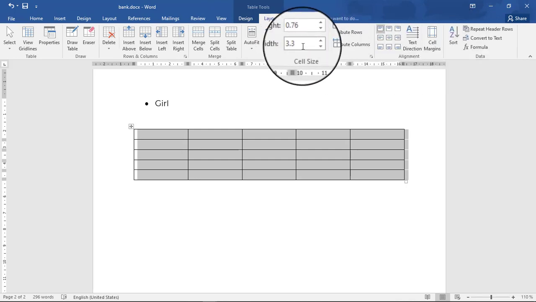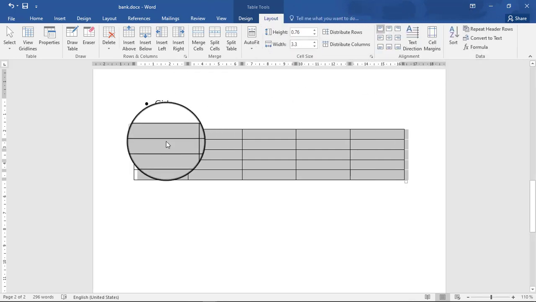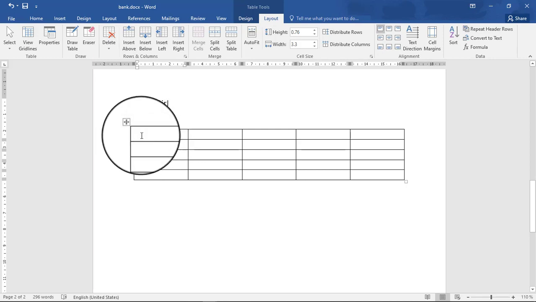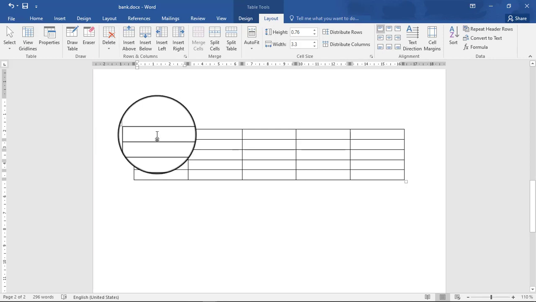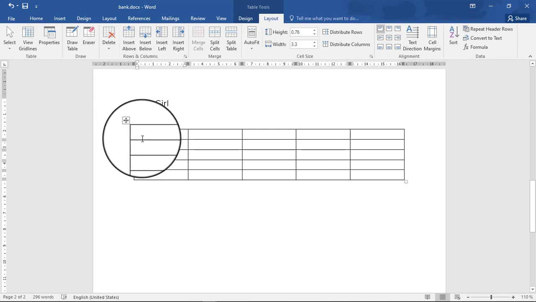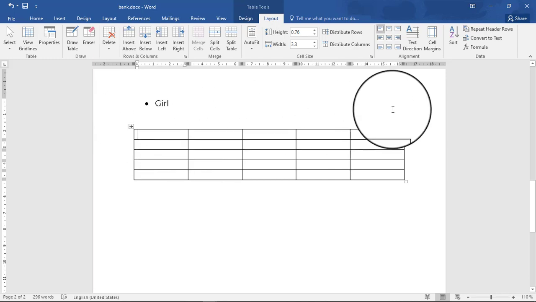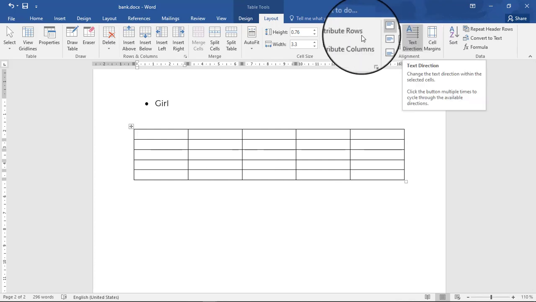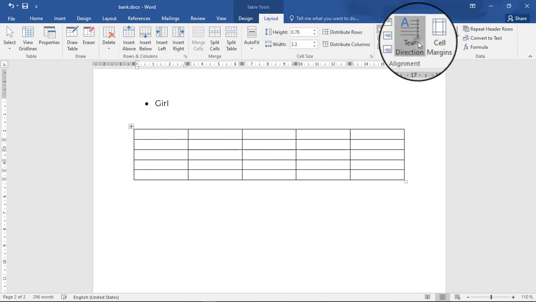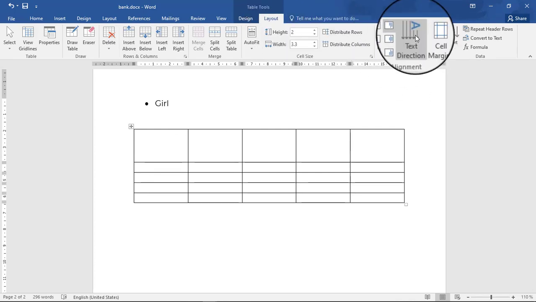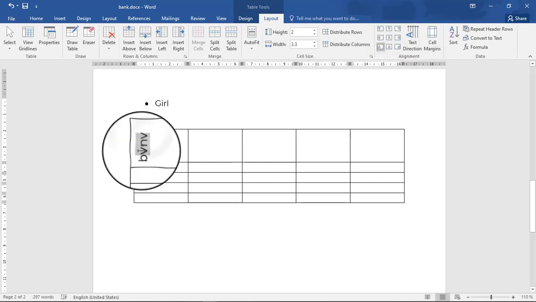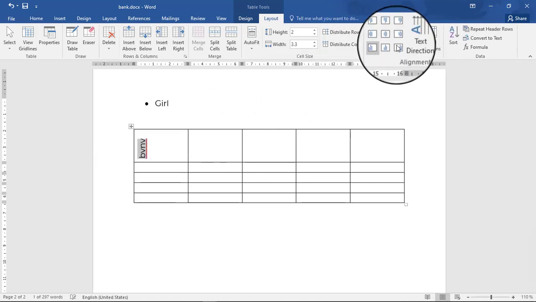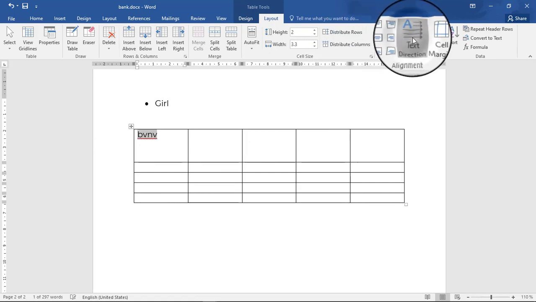If I want maybe the text that I'm putting here to move to the right, or to be vertical, or horizontal, anything, you just have to press there. You go to layout, then you go to text direction. Are you seeing? Those are the different text directions. Let me highlight this and give it directions. Are you seeing? Those are the different directions of text.